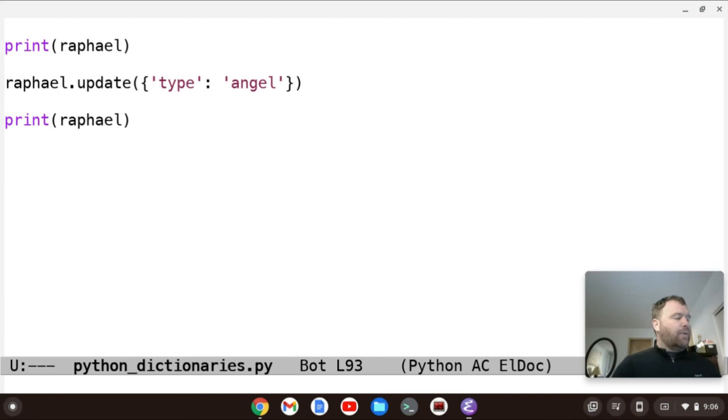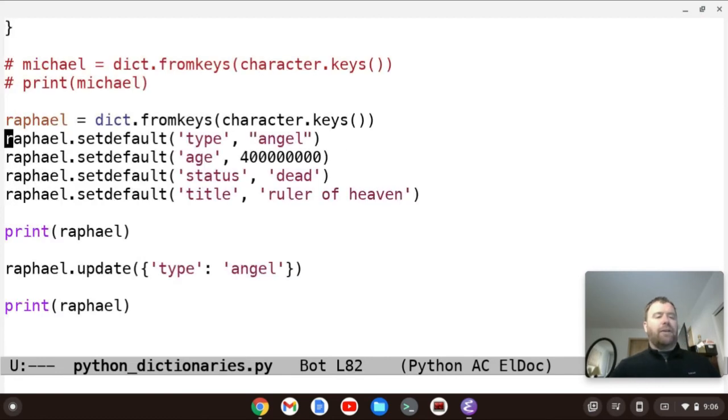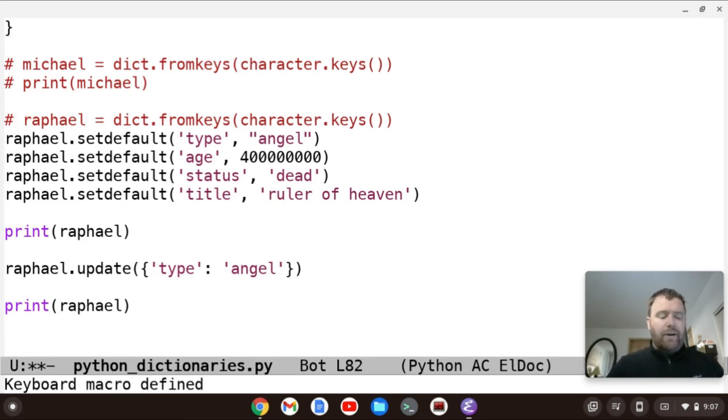All right. Last thing I want to talk about is a little bit about nesting dictionaries. I've created a ton of stuff here. Let's run a macro and comment this stuff out. Control A to get to the start of the line, put a comment in there, and end the macro.